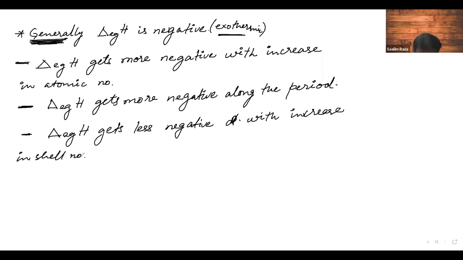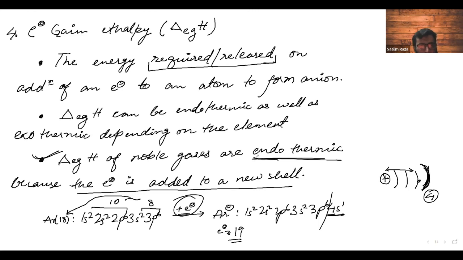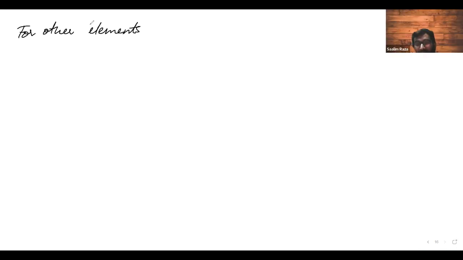Now tell me. First of all, you will tell me if anybody can explain. We have proven that for noble gases, the electron gain enthalpy is endothermic. No doubt in that. Correct? Now, any one of you tell me why for other elements. Because noble gases will change their subshell, but other elements do not change their subshell. I mean, that is not an answer. If your parent asks you why you didn't top 11th standard, you cannot say Mariam topped, that is why I couldn't top.